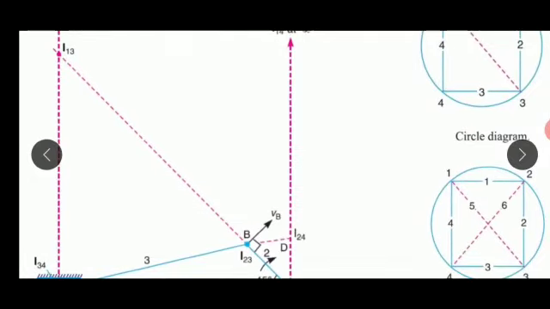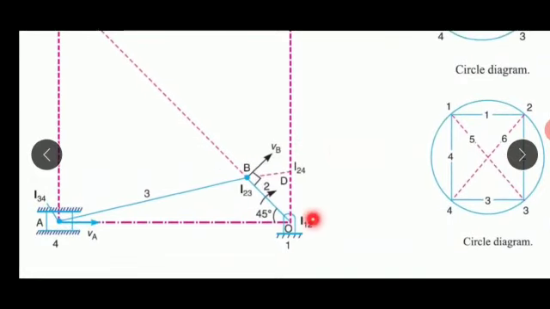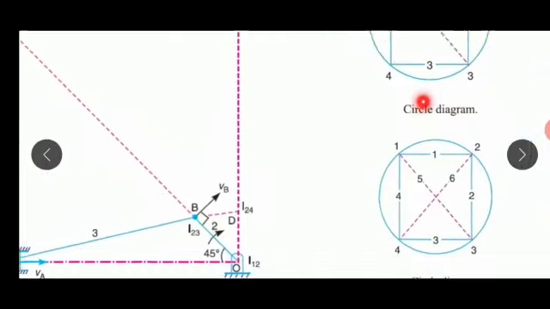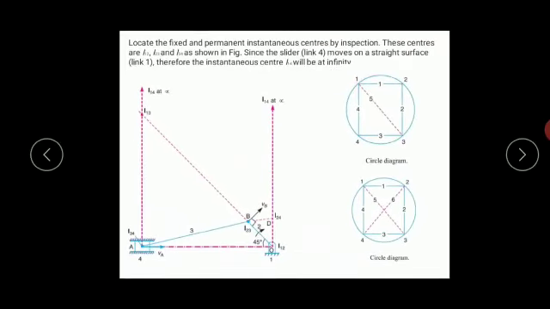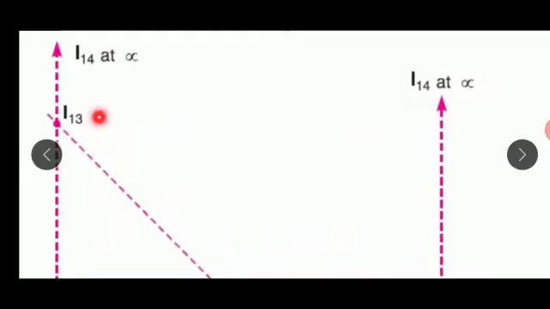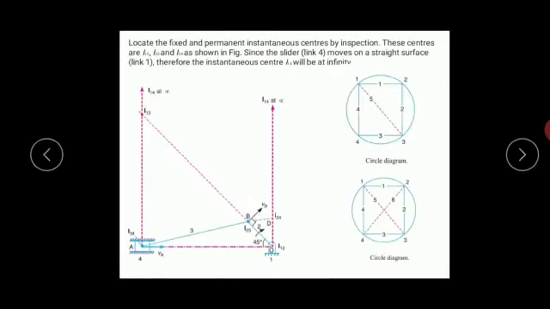So we will be having here I12 and I23, and on the other side of the triangle we are having I34 and I14. So we are having here I34, this one here, and I14, which is at infinity. If I project this line, they are going to meet with respect to this line at a particular point, and where they intersect, I am going to have an instantaneous center, and that instantaneous center is I13. So we have located the 5th instantaneous center.